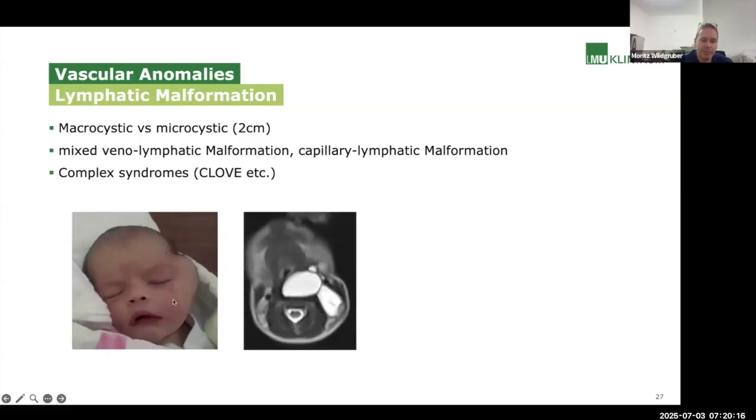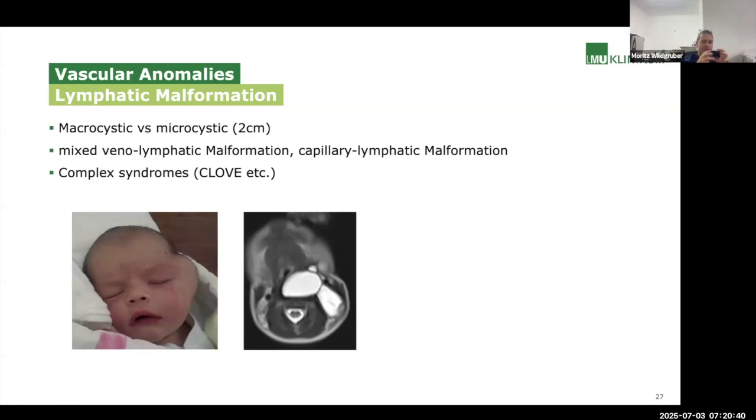Typically or very frequently, lymphatic malformations, cystic hygromas, are located around the head and neck area. So about 70% we find actually in the head and neck area. They do not regress by themselves. Sometimes one has the impression that they do. And what happens in those cases is a kind of